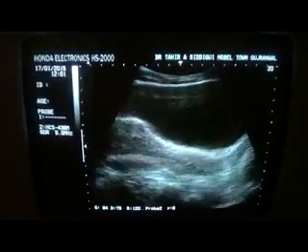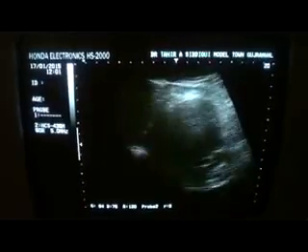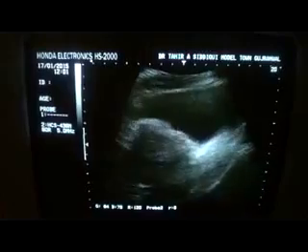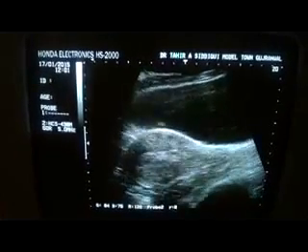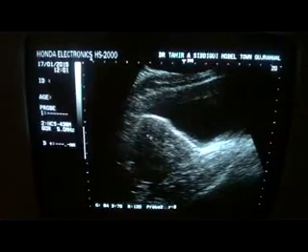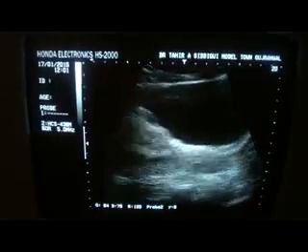Now this is a case of threatened abortion with fibroid of the uterus. Is there any other fibroid? Yes, this one. Now if you see, this is another fibroid. It is in a subserosal location, anterior wall,